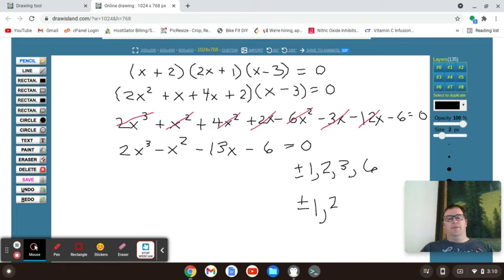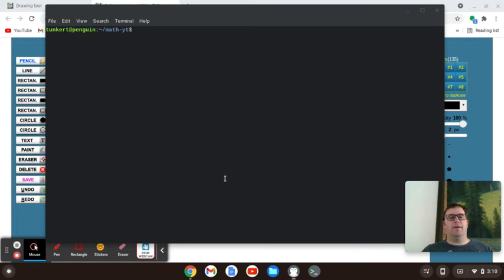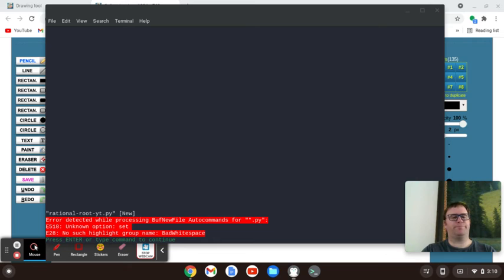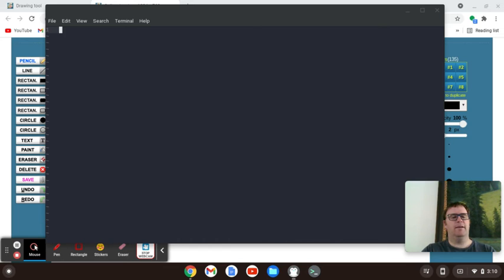Okay. So now I'm going to pull up a text editor, and I'll pull up my terminal, and we're going to create a program. I'm going to open it with Vim. So I'm just going to say vim rational-root-YT, for YouTube, and .py. That will make it a Python program, the .py at the end. Something with my vimrc I have to fix. Anyway, so we want to first create a function to find the